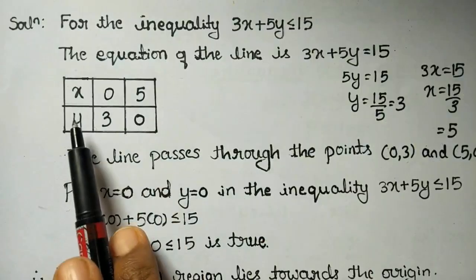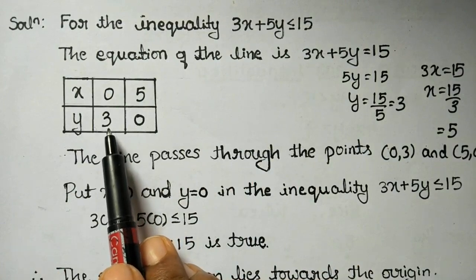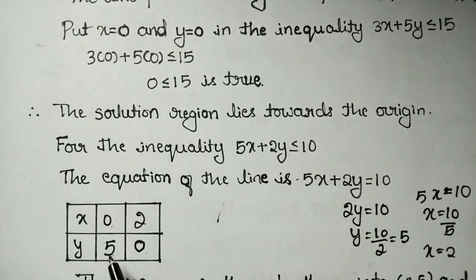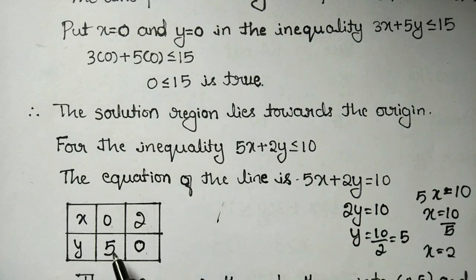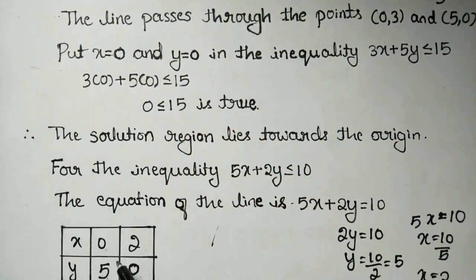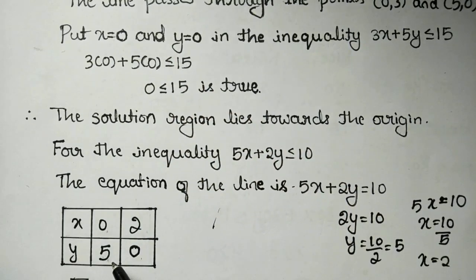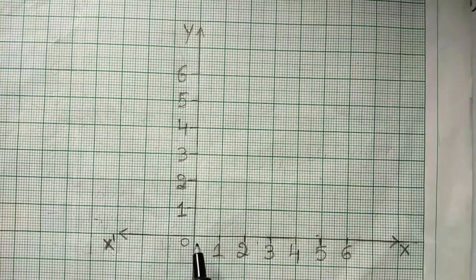Similarly, for y, in the first equation, y takes the value 3 on the y-axis and it takes the value 5 for the second equation. Among these values 5 and 3, 5 is maximum. So it is enough to mark the points up to 5 on the y-axis, or we may take one extra point up to 6 on the y-axis. I have marked the points 1 to 6 on the y-axis.